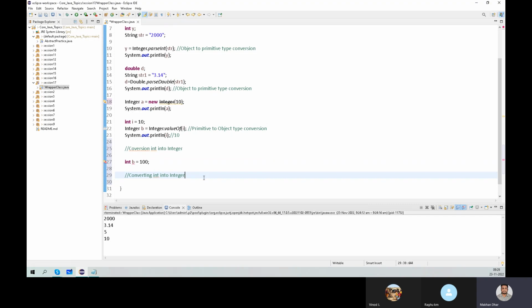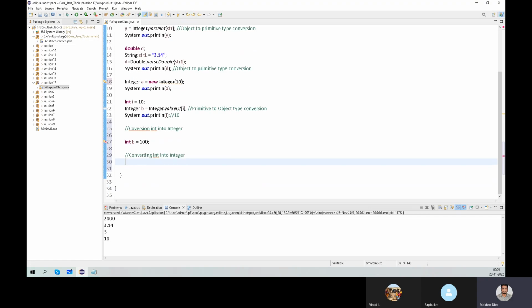Now how to convert it? So the moment I write Integer, suppose x, let me take some other variable y. Integer x equal to